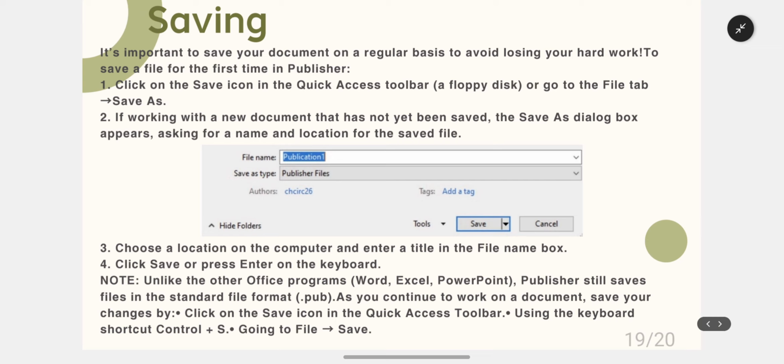Next, saving. Saving is easy to use because we have the option in the app. It's important to save your document on a regular basis to avoid losing your hard work. To save a file for the first time in Publisher,